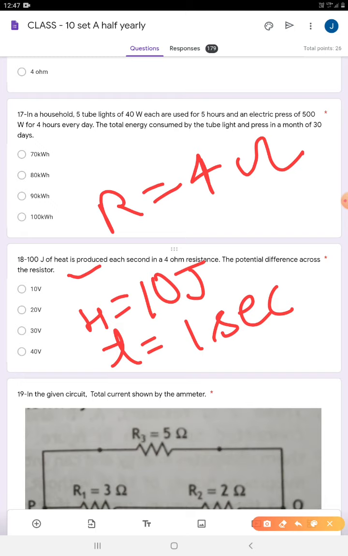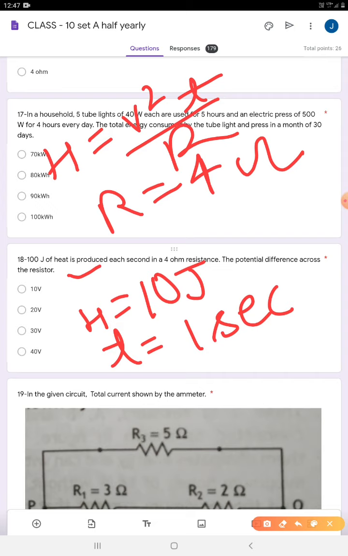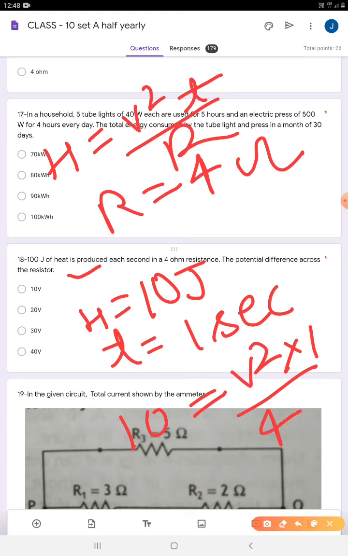As we know that there is a formula, heat H equal to V square T upon R. We can directly use this formula and we will get the answer of V. Okay, I am putting all the values there. H, which is 10, equal to V square, we have to find out. T, which is given 1, and this R, 4. It means V square equal to 40. From here, V square equal to 40. Then we can solve it. V square equal to 40, then V equal to,